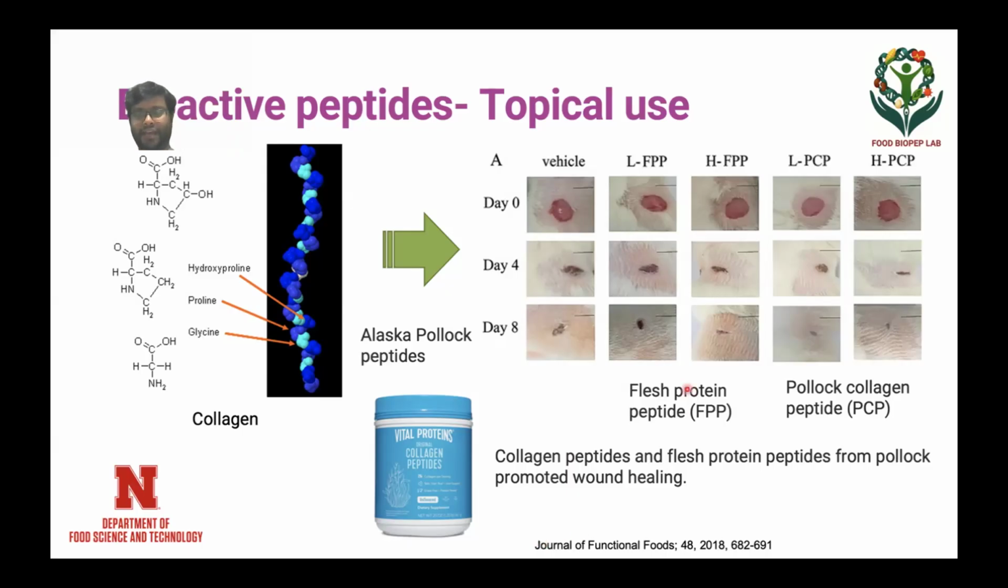For example, here you're seeing a wound healing effect. This is a vehicle which did not really heal properly, whereas with a high dose of these peptides, it healed much better. The low dose also healed pretty well. So this is one effect of the collagen peptides. You can probably see these collagen peptides and vital proteins products in your Costco or other nearest supermarkets. So this is pretty popular these days